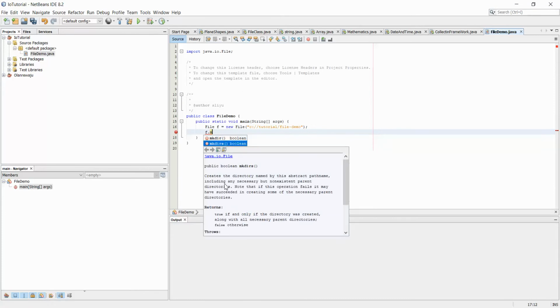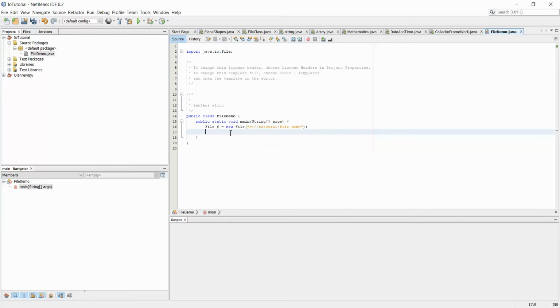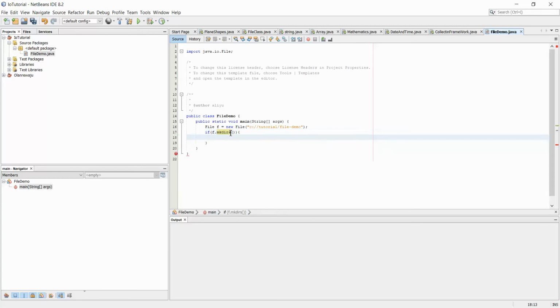So look at the description: creates the directory named by this abstract path. You understand? They call it abstract path because this path does not exist. It will return true or false. So if the program was able to create the directory, it will return true. Otherwise, it will return false. You may now decide to say, okay, if f dot mkdir is equal to true, where by default it is true. That is, if it is true, let's say okay,